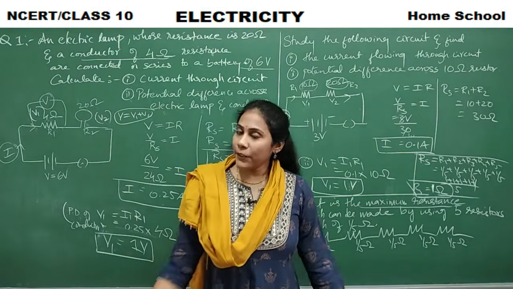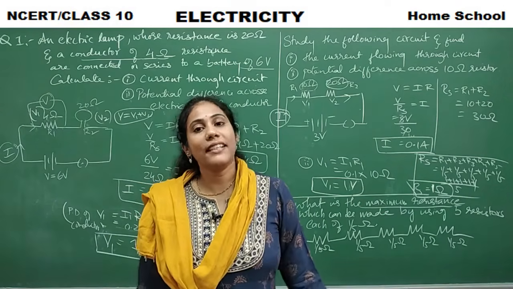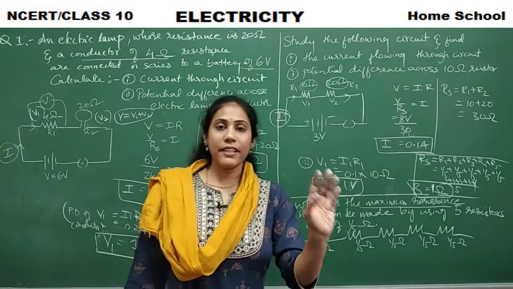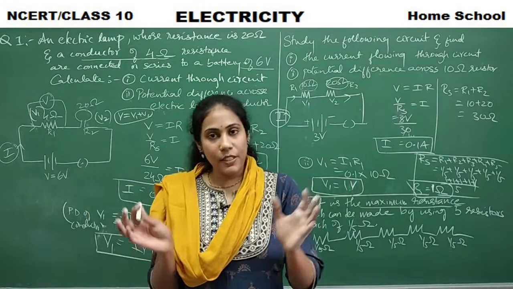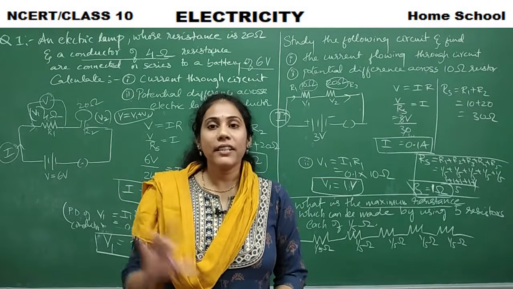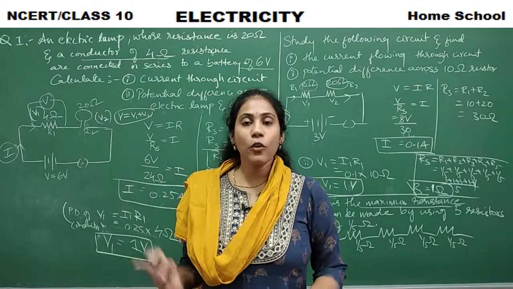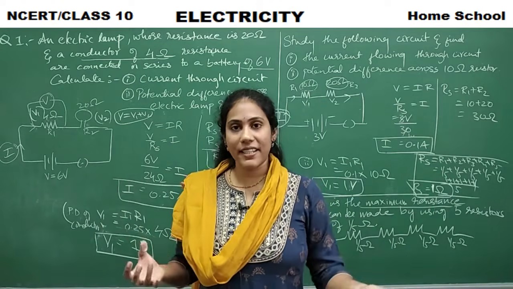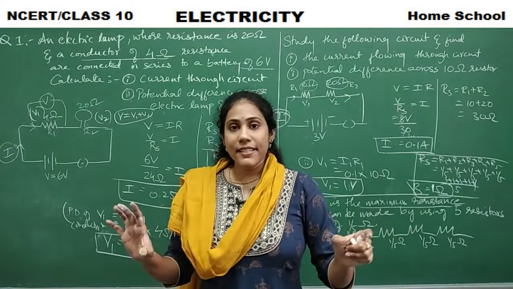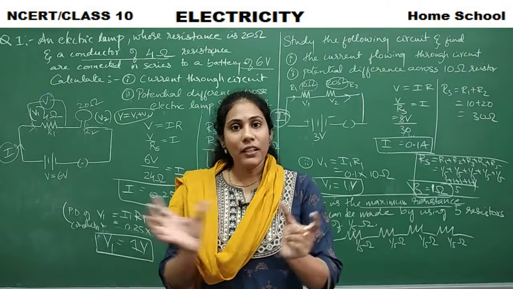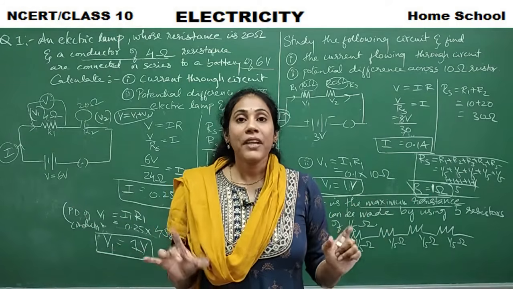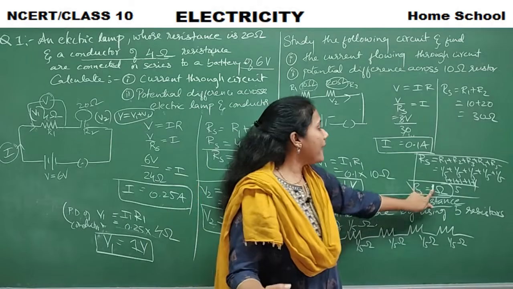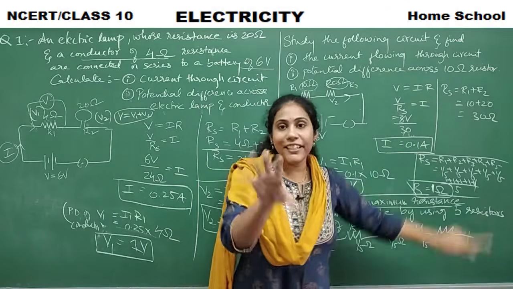Some more models are yet to come in the last video, that is challenging questions. Clear? So that's all about the different concepts that you have to remember on the resistors which are combined in series. Okay. So here 3 points are very important. I remains constant. Voltage gets distributed. So total voltage is equal to V1 plus V2 plus V3, how many ever resistors are there. And then total resistance RS is equal to R1 plus R2 plus R3, the sum of the resistances of all the resistors.